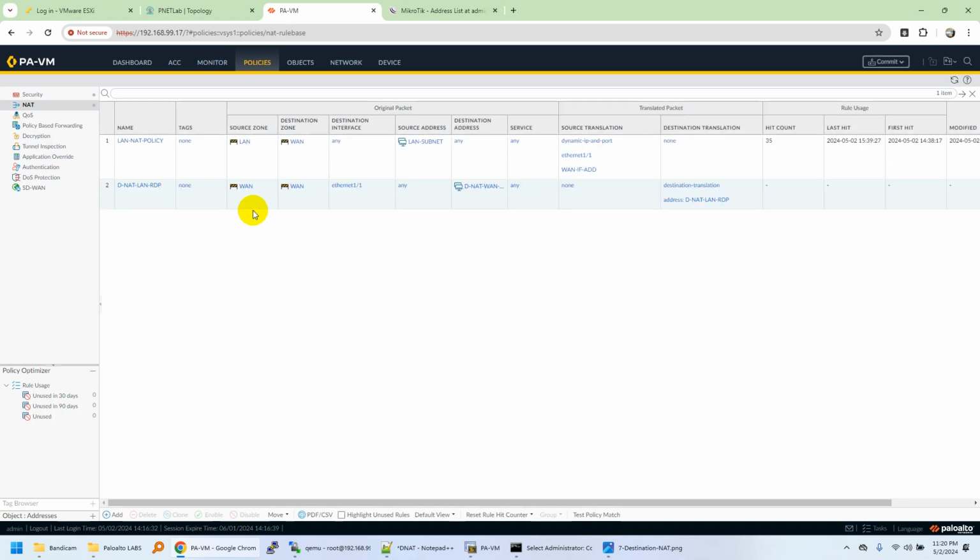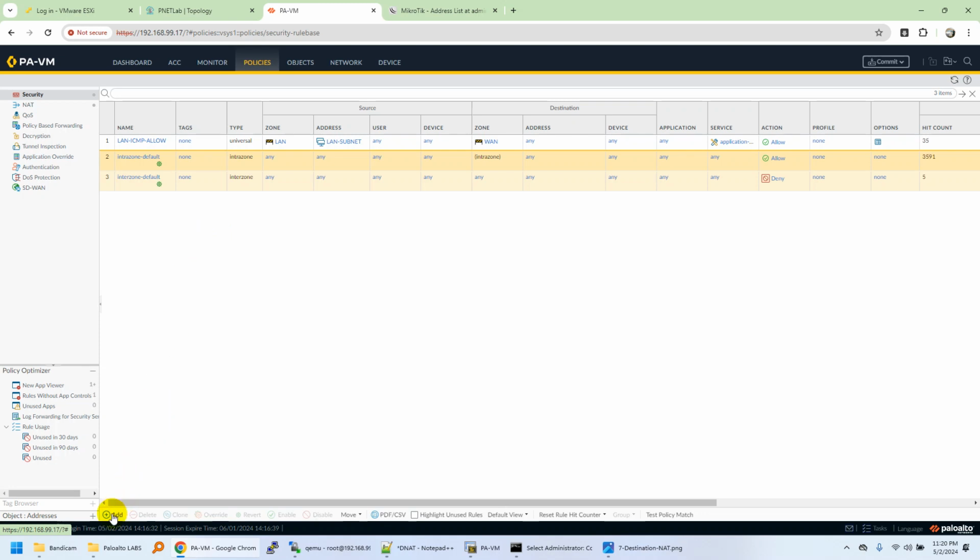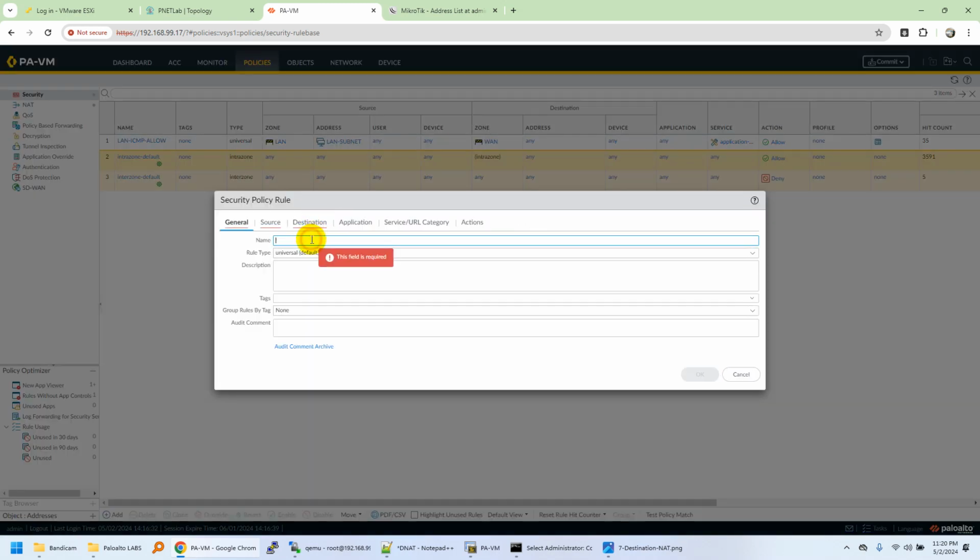So first part is routing, then the NAT comes into the firewall processing engine, and based on that it will decide where to NAT 10.10.50.3 towards 192.168.1.50. So this is the NAT policy, but you need to allow the traffic for this policy as well in the security section. So we'll configure a security policy over here,